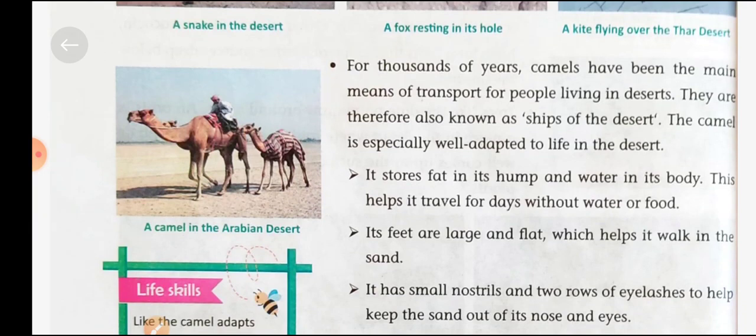It has a small nose, nostrils, and two rows of eyelashes that help keep sand out of its nose and eyes. The nose of the camel is very small, but it has two rows of eyelashes which cover its eyes and protect them from dust in the desert region.